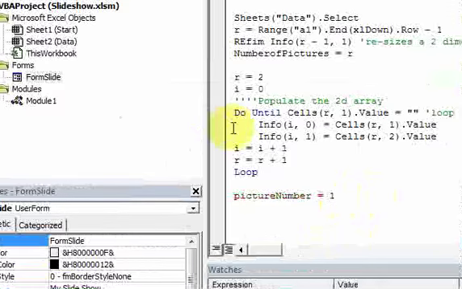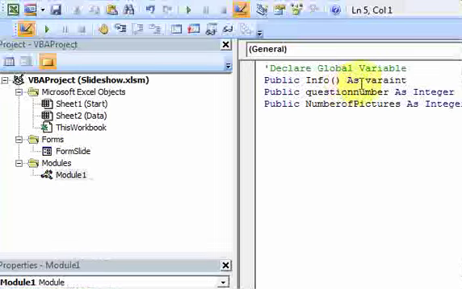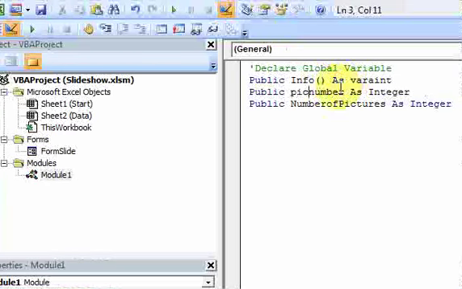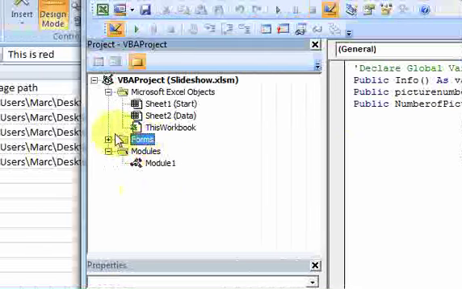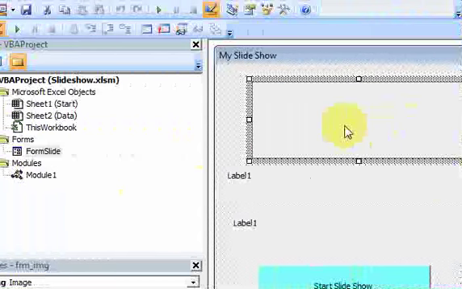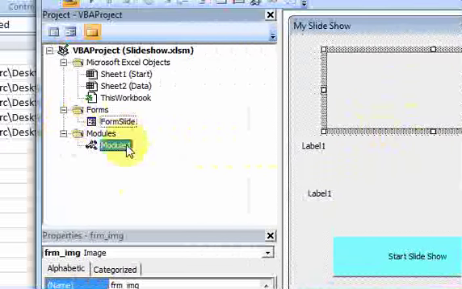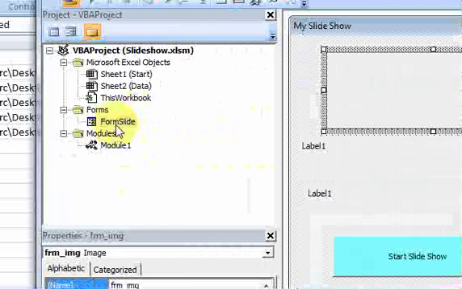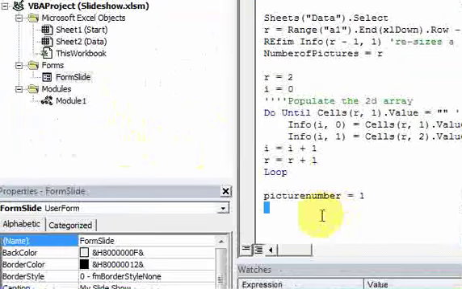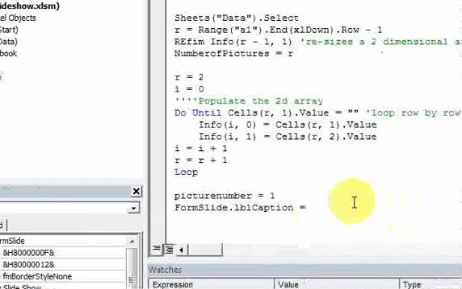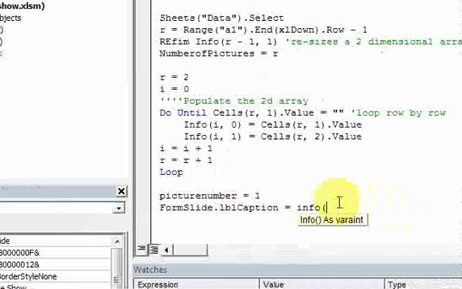And then what I'm going to do is populate all the data. This should be picture number over here. I'm going to populate the data on my form now. Okay. So I have 3 things to populate. And that's pretty easy to do here. Let's do it. So I do form slide dot lbl caption is equal to info 0 comma 0